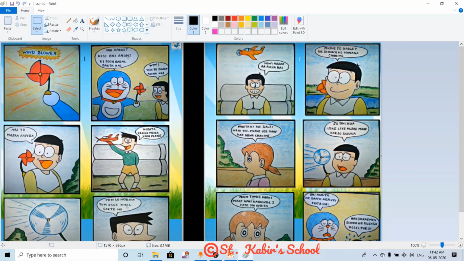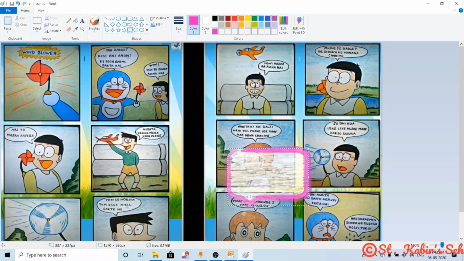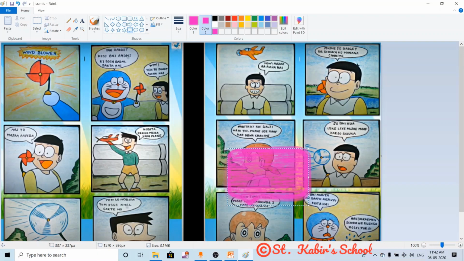So click on a callout, draw it, fill color. And if you want to write, click on text tool.